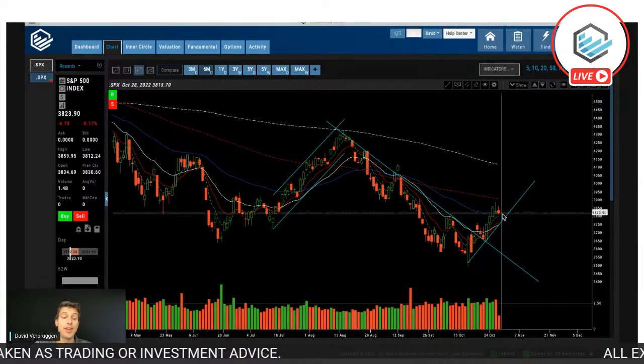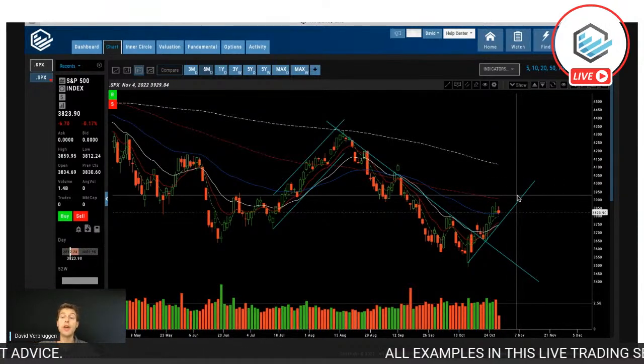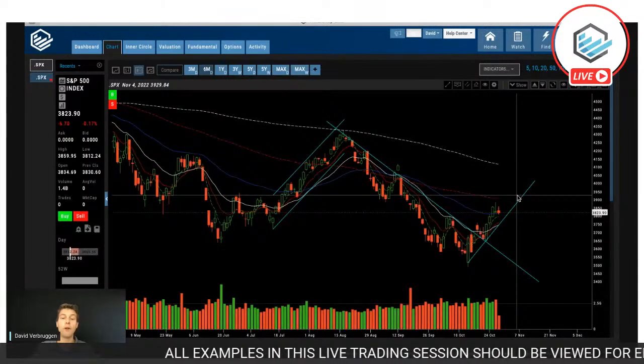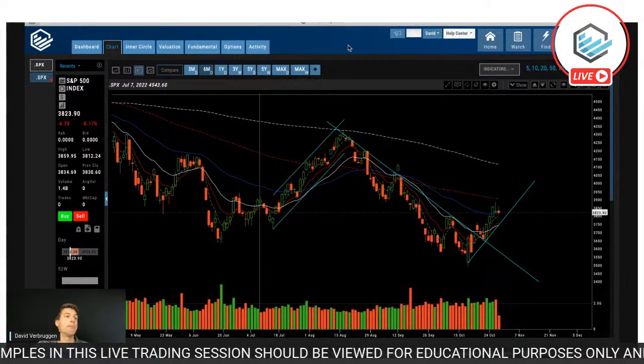But that doesn't mean that we can't take advantage of some shorter term bullish moves. So let's go ahead and do that. You guys throw your tickers in there as you get them. We're going to be looking at those as well. But in the meantime, we're going to look at a couple different ways that we can find bullish